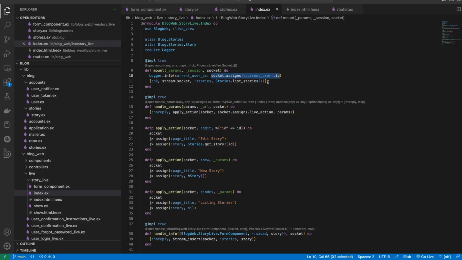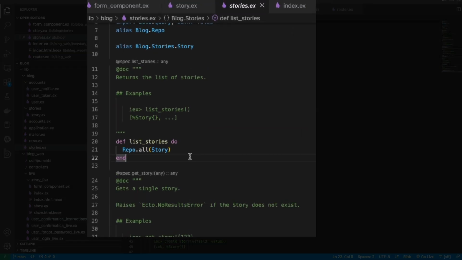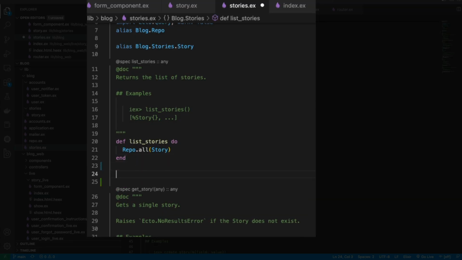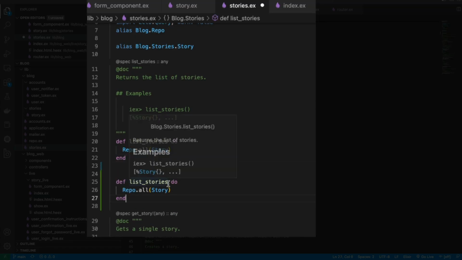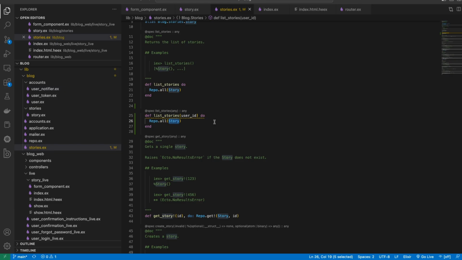we can create a new list stories function that'll list only the stories for the user ID that is requested. So we'll change this and call this list stories. This will take an input of user ID. Then we can rewrite this call here to only grab the stories. We still want stories, but just the stories that pertain to our user ID,